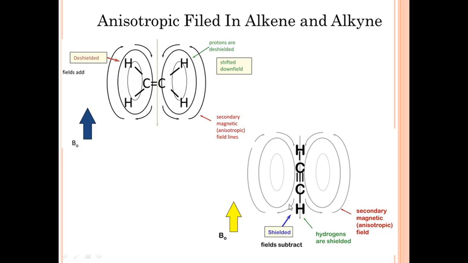But in case of acetylene, it orients in such a way that acetylenic proton appears in the middle region where induced magnetic field opposes the applied magnetic field. That's why these protons show lower chemical shift or lower delta value than the alkene protons. It orients parallel to the applied field.